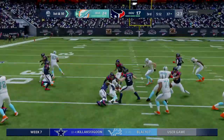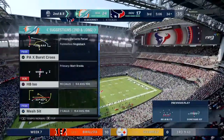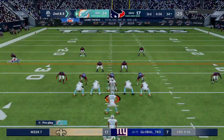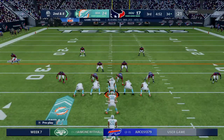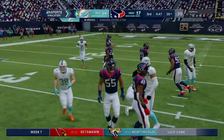They run with Breida, and he won't get much. Maybe a couple. Down inside the 35 to the 34. Certainly a nice job there by the defense rallying to the football and getting him on the ground, but I think the play gets made by the defensive front because if they can't get upfield, their job is to go ahead and get low, almost get into a ball sometimes, stack things up,